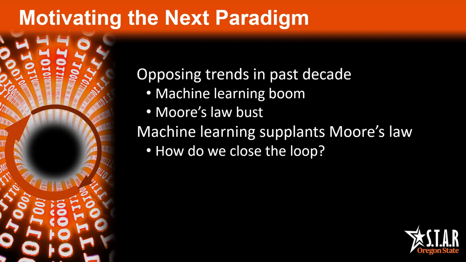Concurrently, during the past decade, we have witnessed Moore's law slowed down, putting an increasing burden on architects to supplant Moore's law with architectural advances. These two opposing trends between machine learning and Moore's law suggest the opportunity for a dramatic paradigm shift in architecture, in which computer architecture enables machine learning, and simultaneously, machine learning enables computer architecture, closing a positive feedback loop with vast potential for both fields.